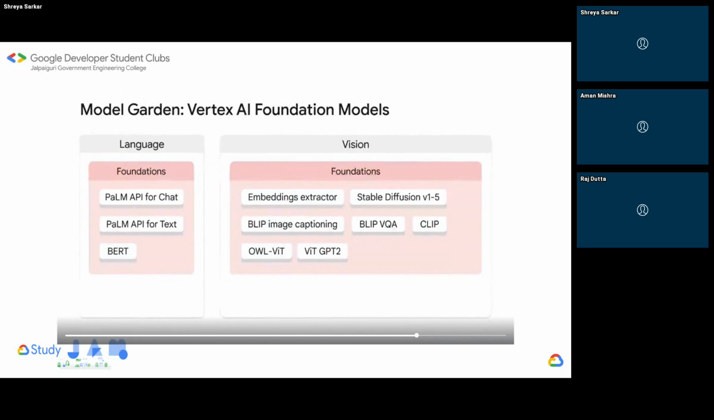Vertex AI offers a model garden that includes foundation models. The language foundation models include PaLM API for chat and text. The vision foundation models include Stable Diffusion, which has been shown to be effective at generating high-quality